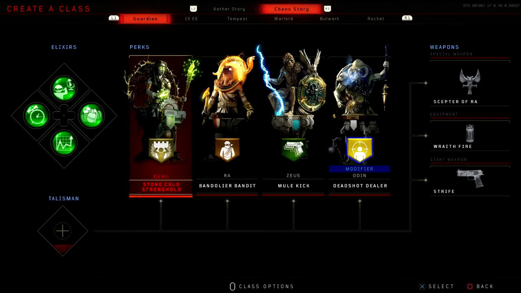I use the same 4 perks for every strategy, and I have Deadshot in the modifier slot to have that extra headshot damage, and of course you also know when you're getting headshots with the modifier, which makes it a lot better. Mule Kick for having 3 guns, so we can get a ton more headshots done for different guns,